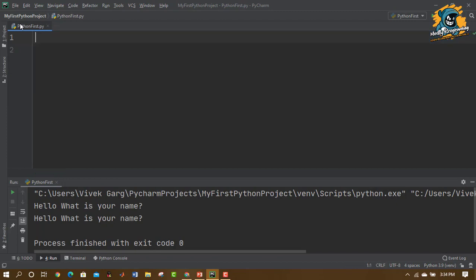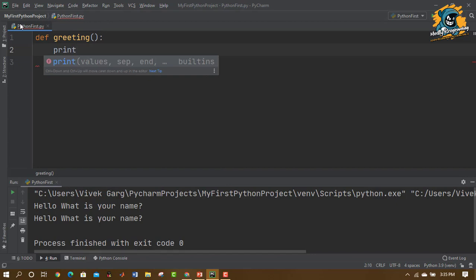Functions are very important in any programming language, be it C, C++, Java, or Python scripting language itself. Let us see another function, which is a greeting function. Define greeting, colon, then inside it I am going to simply print hello.